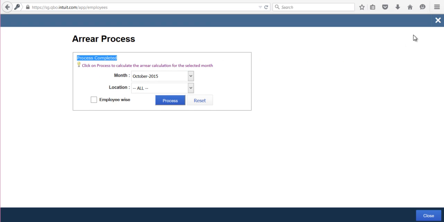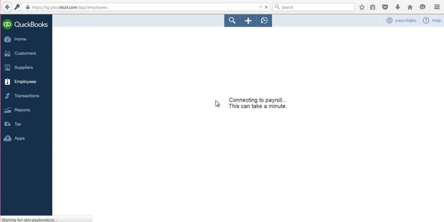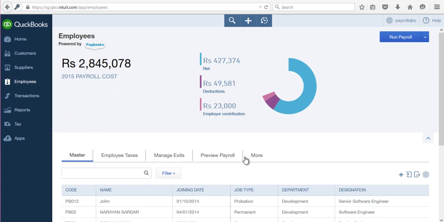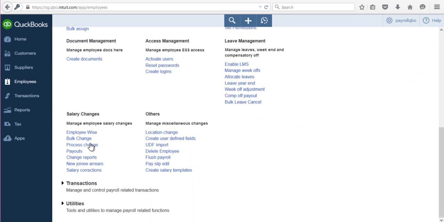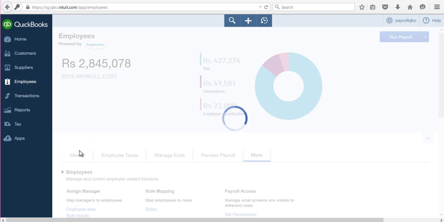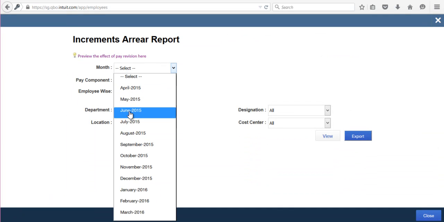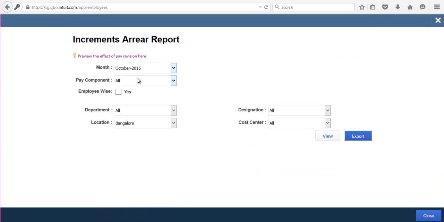Now the processed arrears you will be able to view again under the same path. Under more, again employees, salary changes, payouts. Here you can select month, then you have to click on view.